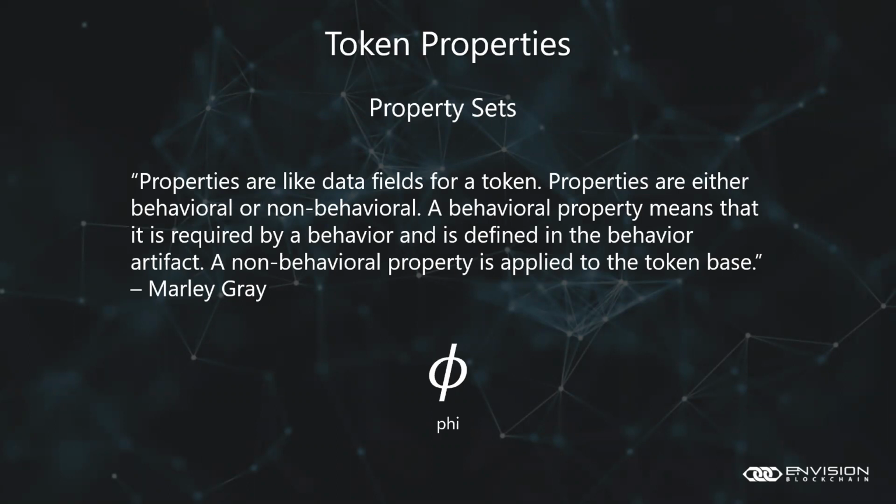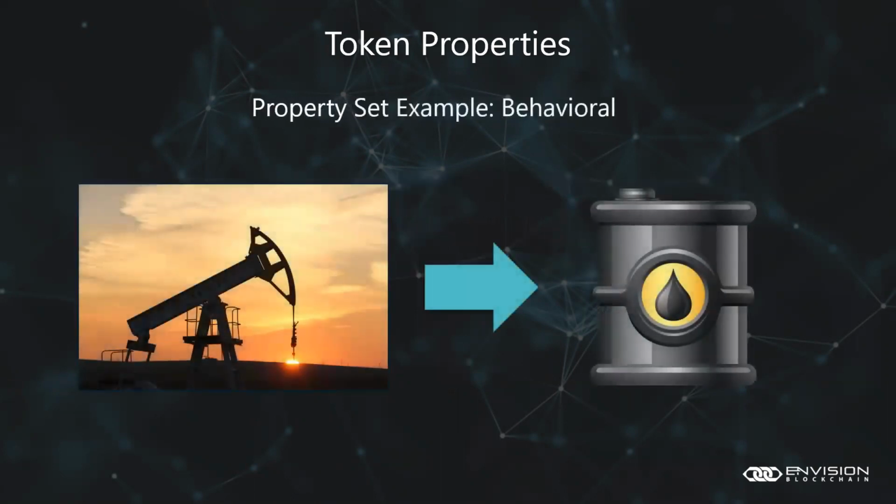And what we're going to talk about here is whether or not these token properties have behavioral roles or non-behavioral roles. We briefly grazed upon a token property having a behavioral role, for example, like a supply control type situation, or a non-behavioral role, such as a SKU, which we'll just show you here in just a second. So what we're taking a look at here is